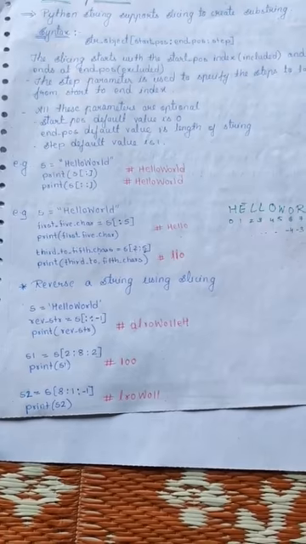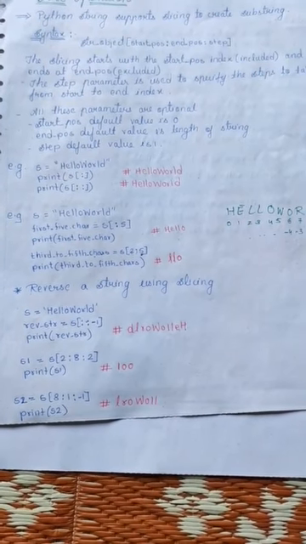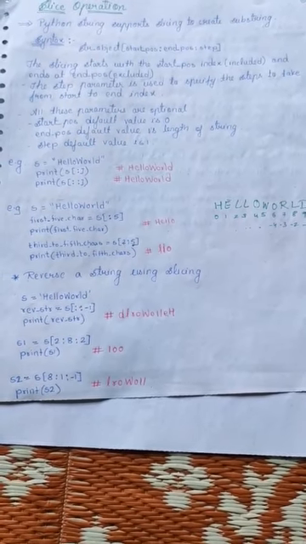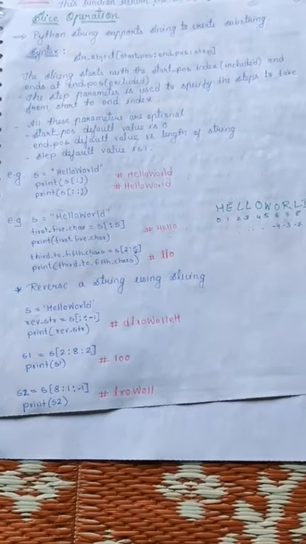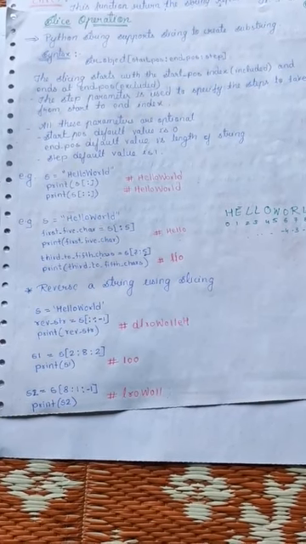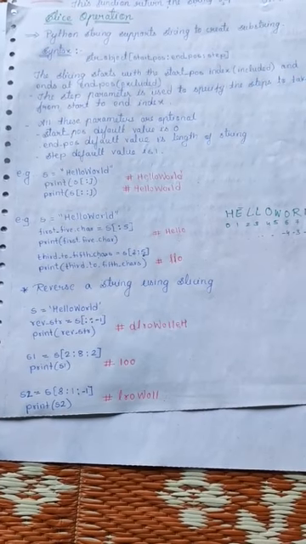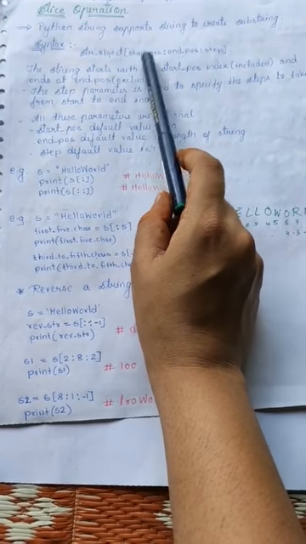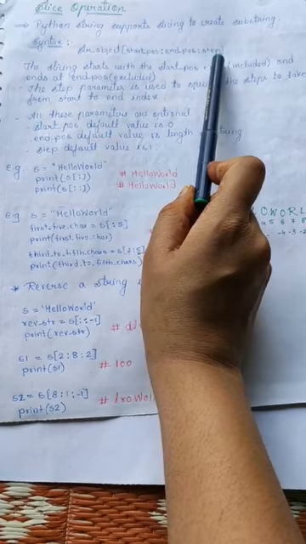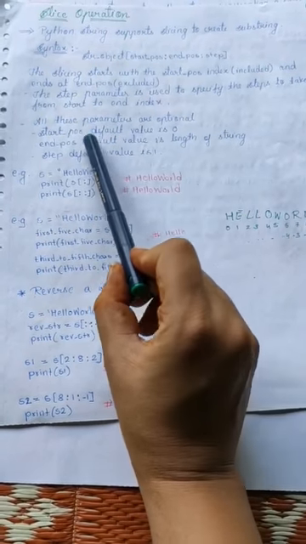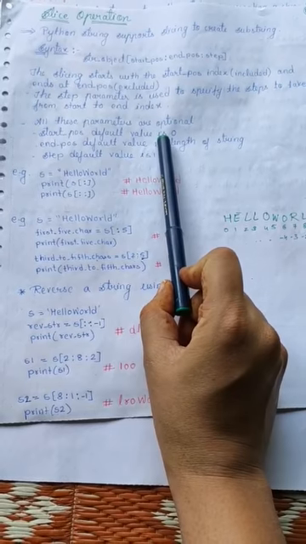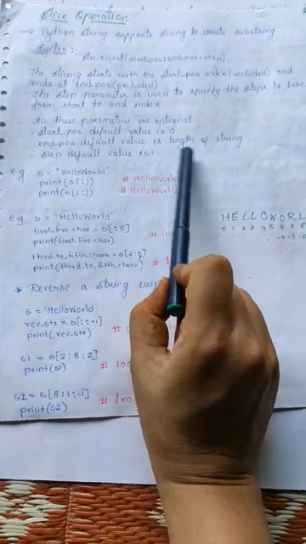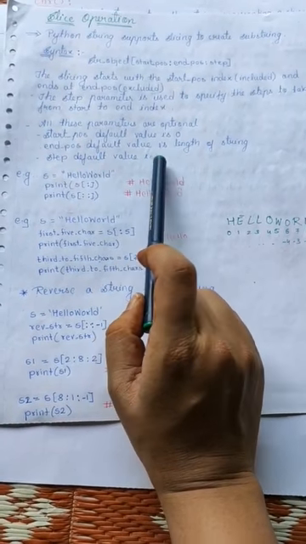We have seen this slice operation at the starting also, but when you are asked a separate question on the slice operation over the string, you need to write how we can reverse a string using slicing, what are the different ways or methods by which we can make a slice of a given string, and you also have to write this syntax: string object, starting position, end position, and the step. Then you have to mention what the starting position value can be by default, that is, if the user has not given the value, what its value should be, then the end position's value, and your step's default value will be 1.